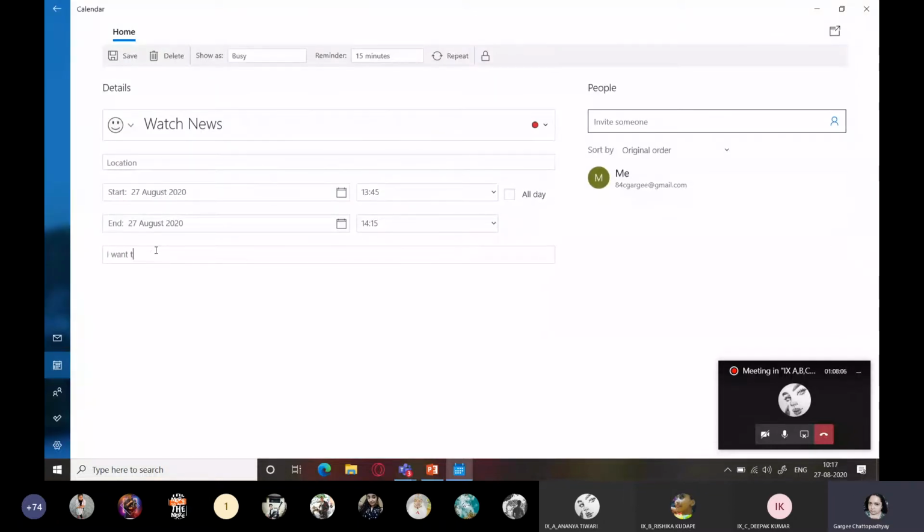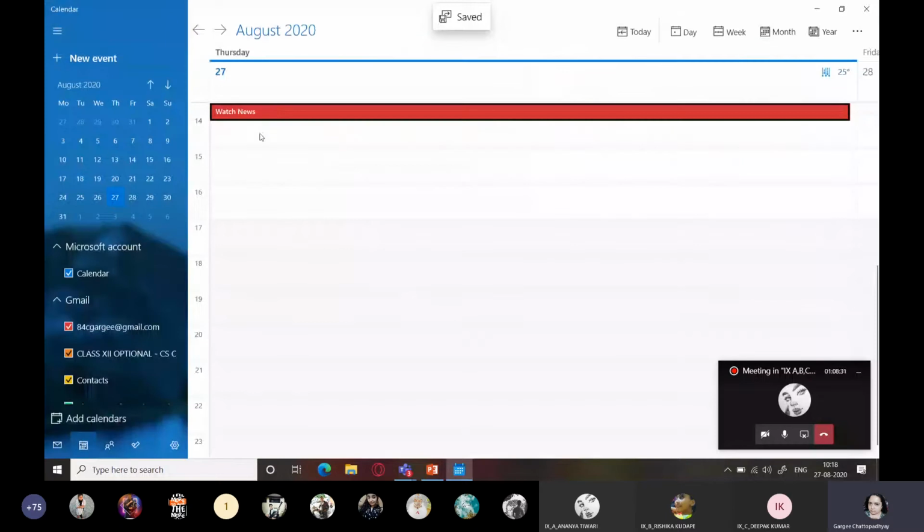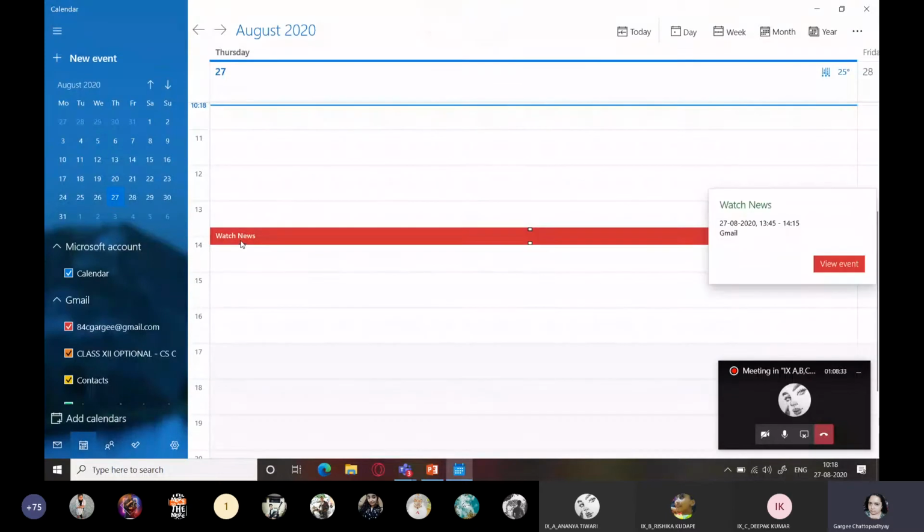I want to watch the news to get the latest updates on the SSR case. So suppose I am waiting for some news update on this. So I will click on it, go back, save, and this is how a reminder is set.